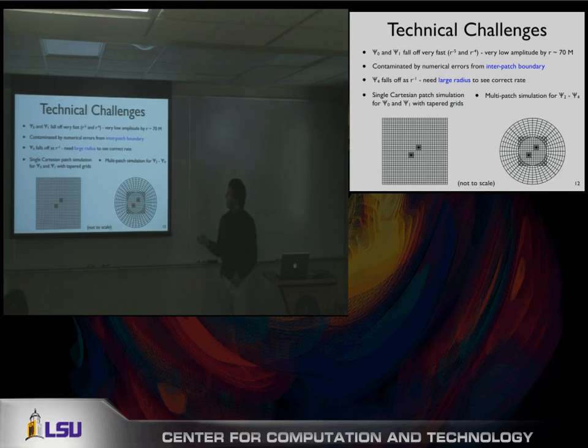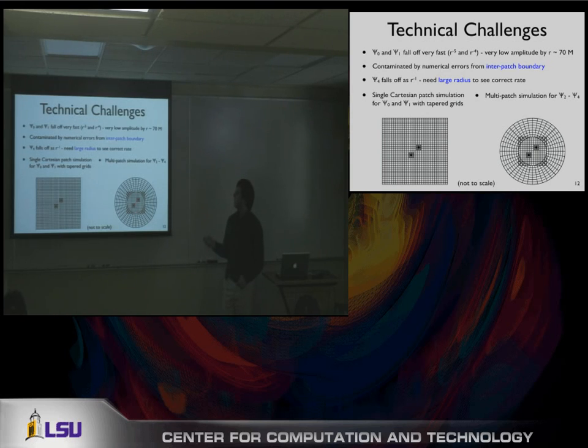The problem is that the way it works is you have these angular patches, and then a Cartesian patch in which we do traditional adaptive mesh refinement. And the interpatch boundary causes lots of reflections. We have features in the solution at the beginning of the simulation which propagate out. They have quite high frequency. They reflect off the interpatch boundary, and they come back, and they start to contaminate what we can see. In order to get psi0 and psi1 accurately enough to measure the fall-off, we couldn't actually use this setup. So we're actually using a different simulation for measuring